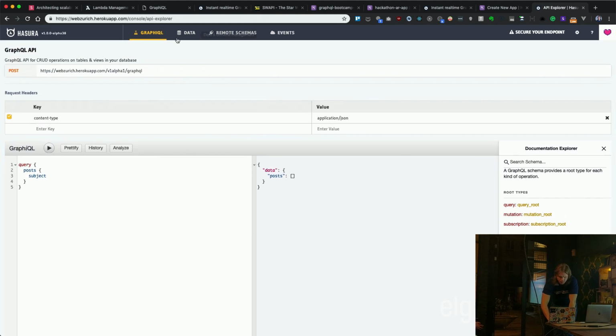Now, let's add a post. We will say that my post object will have content something, subject something, and it will return the ID of the post that's created.